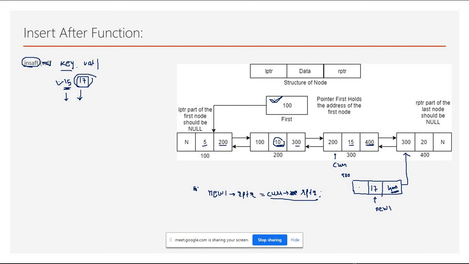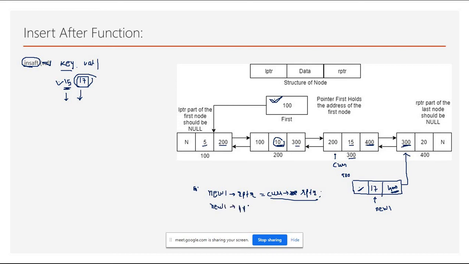Okay. Now what you need to do is, this 300 you have to put here. And how can we do this? Your current pointer is on 300. This address you have to put it here. So simply you can write new one point to LPTR.